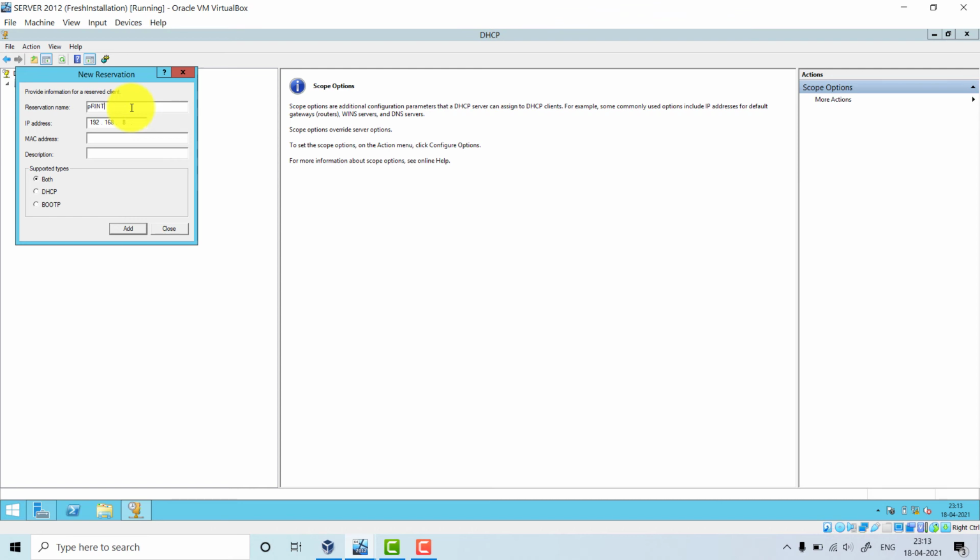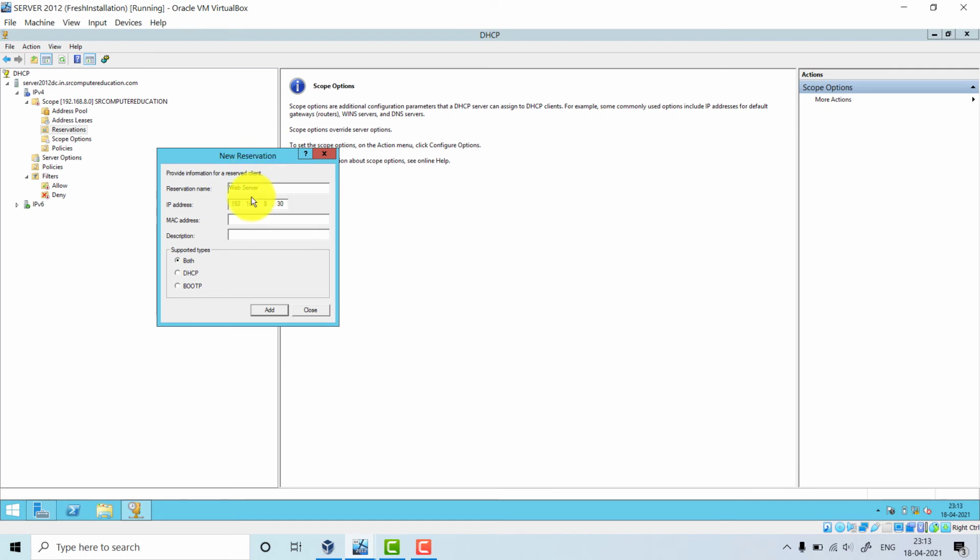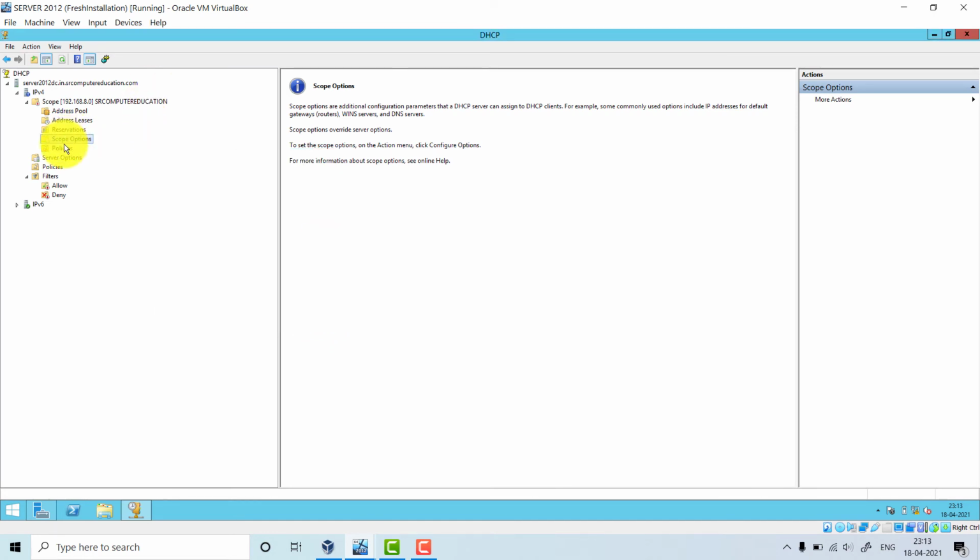So let us give web server. Okay, the reservation name is web server and we are assigning the web server .30. Okay, the MAC address and all that we don't know right now. Okay, so we don't need to configure it right now, but you can do the configuration here. Okay, you can close it for the time being.